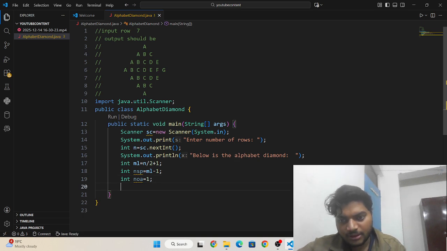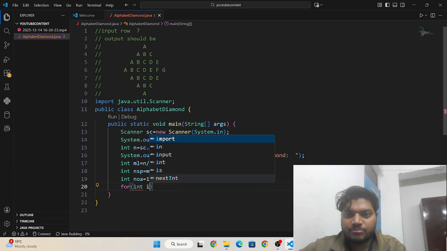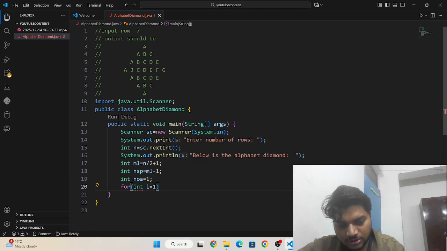Then I'm going to write a for loop to control the number of rows in the diamond. So I write for int i is equal to 1, i less than or equal to n, i plus plus.